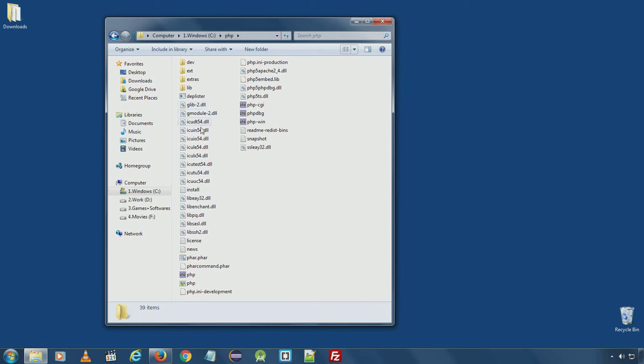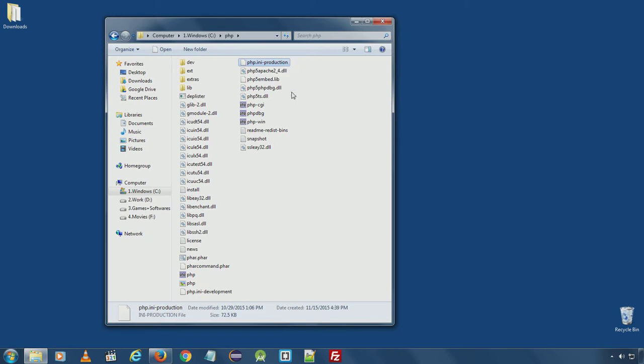Here you can see various DLL files and also php.ini development and php.ini production.